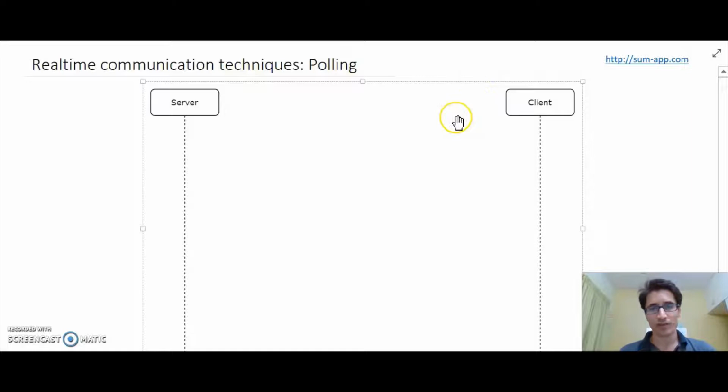So think of a client and a server, and more than one client connected with a server, and action taken by one client affects the data that the other client sees. So how do we ensure that the client gets the latest snapshot of the application data?